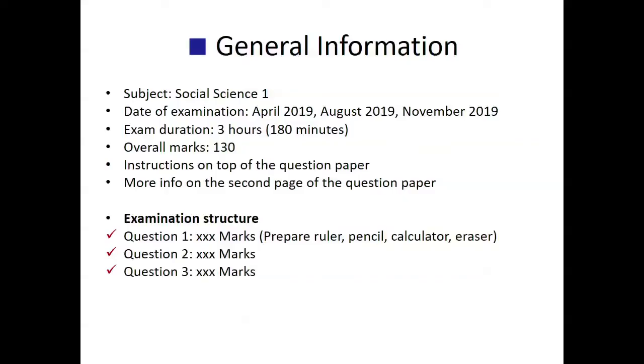And question 2 is normally on map work and geography and population, like population structure for Namibia. Remember that most of the things that you are learning in Social Science 1 is really for Namibia. You of course need to understand regional and put things in perspective from regional to global spheres, but what you are being trained for in Social Science 1, this is a first Social Science module, so it's normally focused on Namibian social issues, ranging from reading maps to population structures